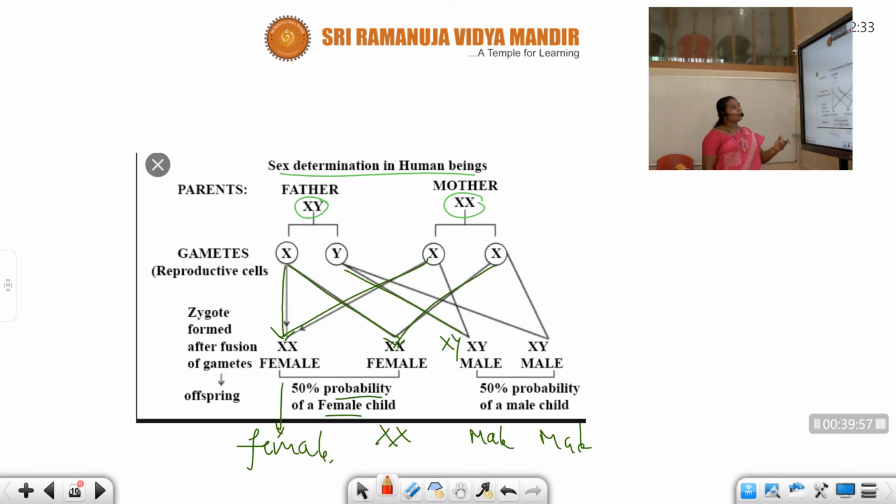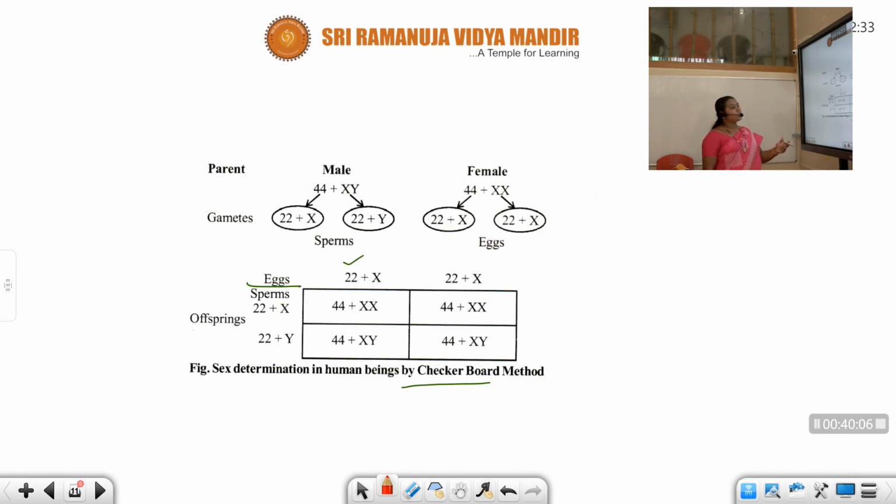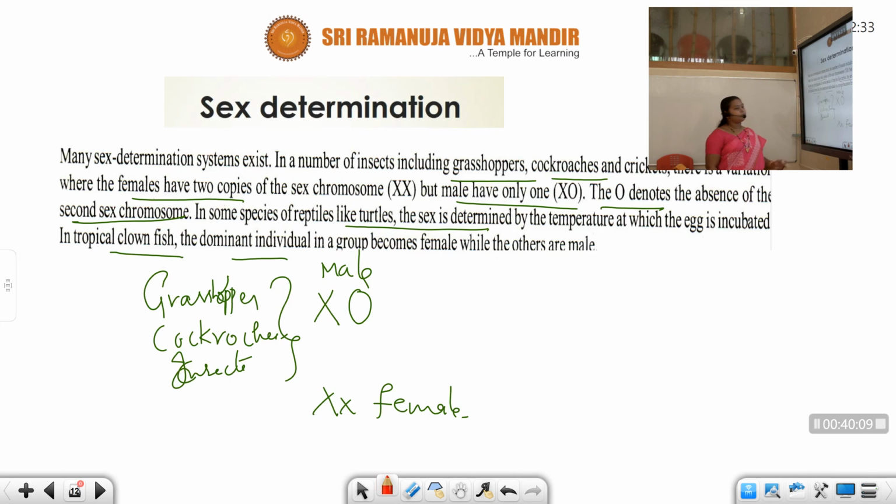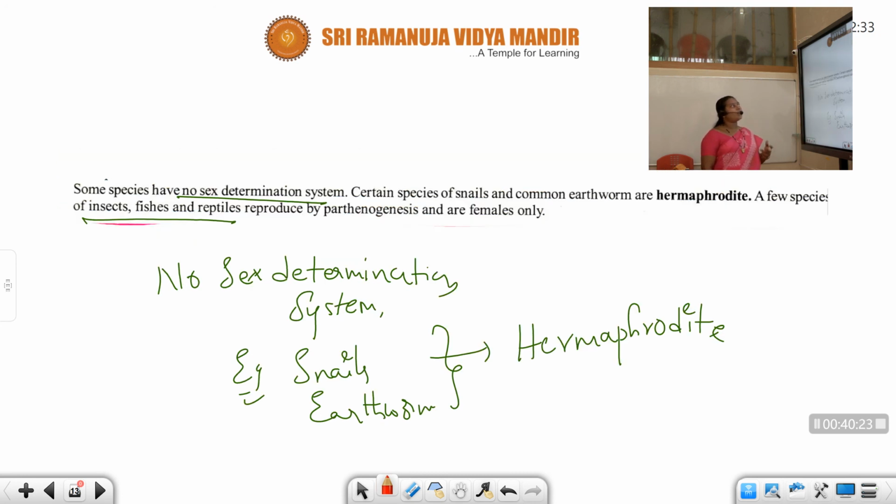Next, here the father and the mother, how they combine, and the probability of a female child and the probability of a male child we have discussed here. And this is the Punnett square or checkerboard method. Sex determination is also described in other organisms like grasshopper, cockroach and others. Here the male has the XO condition. There are some other organisms that do not have a proper sex determination system. For example, snails and earthworms we call hermaphrodites, but some insects, fishes and others are produced by means of parthenogenesis. Very important,